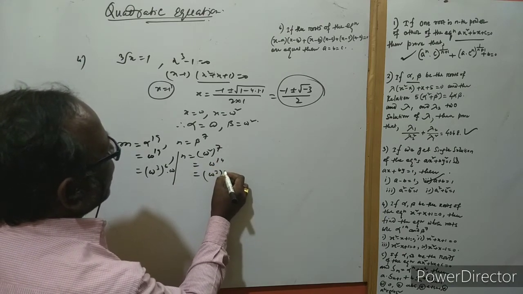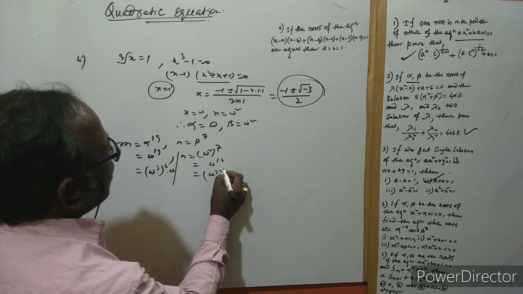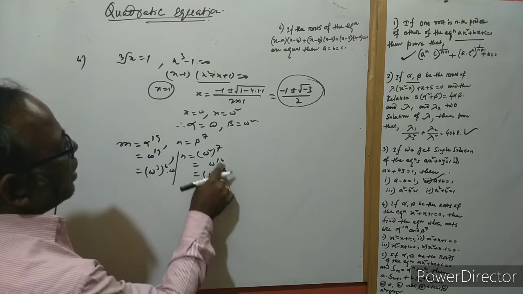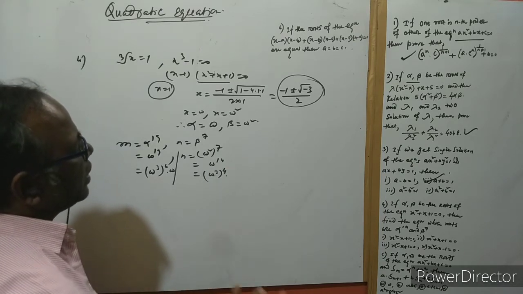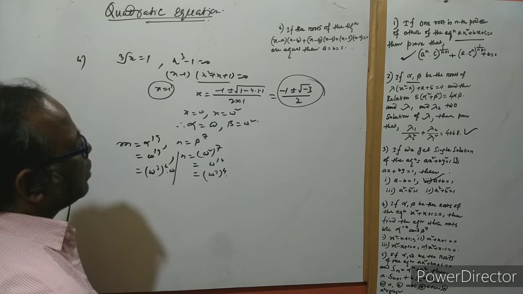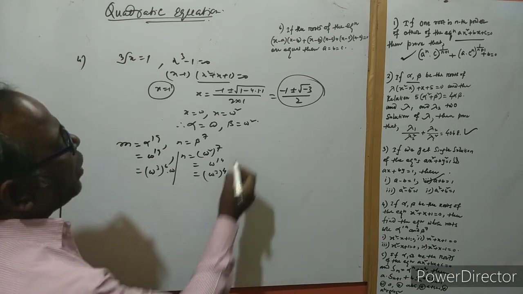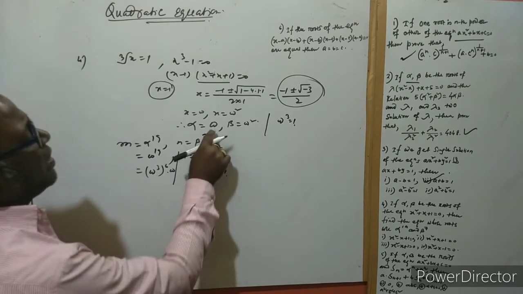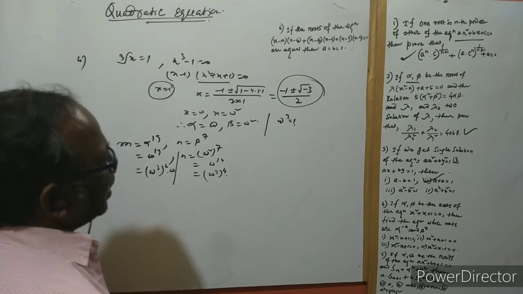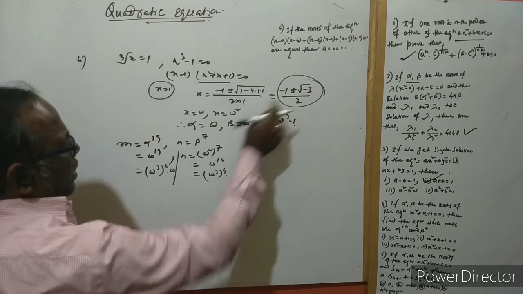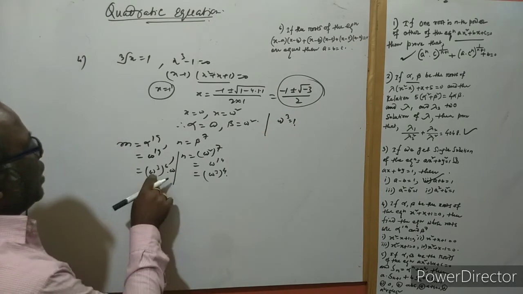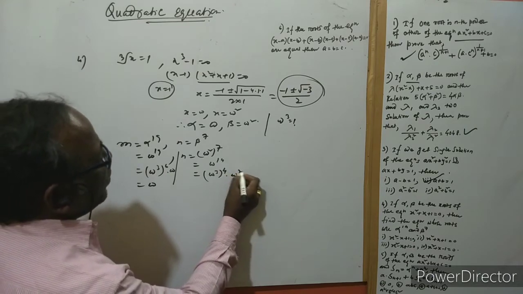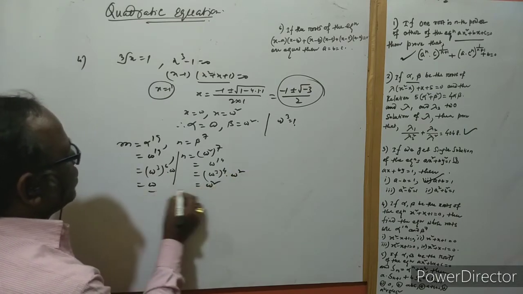Actually omega cube whole to the power 4, and this is 12. You have to find the nearest multiple of 3 to 14, that I want to convert to the multiple of 3 here. As you know, in that case omega cube is equal to 1 actually. If we multiply these two roots, then we get 1. So we get m equal to omega, and n is omega square.